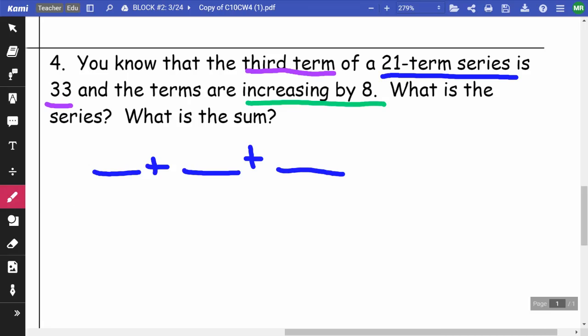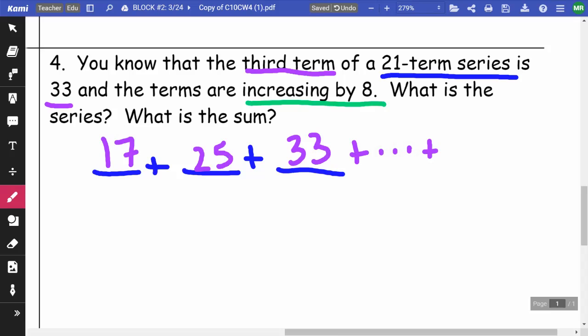I know the third term. They told me the third term was 33. I know it's increasing by 8, so I can just subtract 8 from this and get 25, subtract 8 from this and get 17, and then this is going to be plus dot dot dot